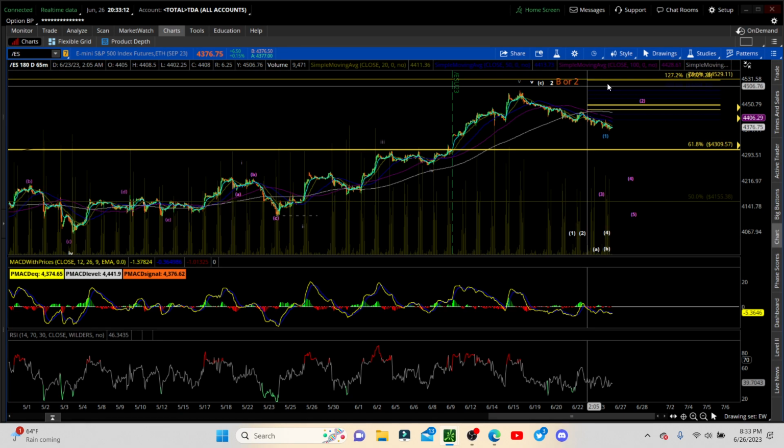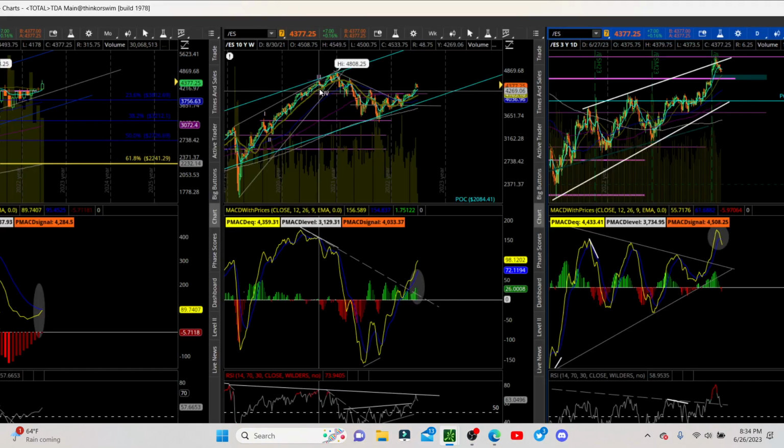Unfortunately, my theory, with the Fed and all that, and I know markets are irrational, but all the theory says that we still have lower to go, and probably another 100% equality move from this possible wave one or A. We should have another 100% move to go lower, to at least test this wedge up here. I think we go back down to the point of control around